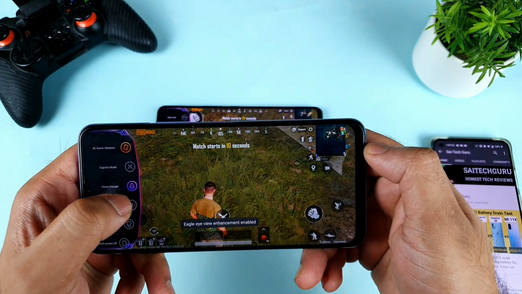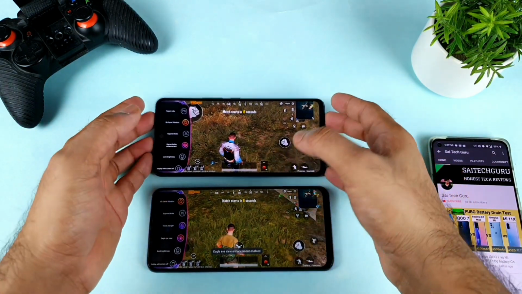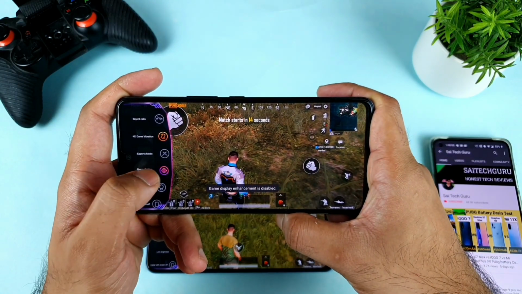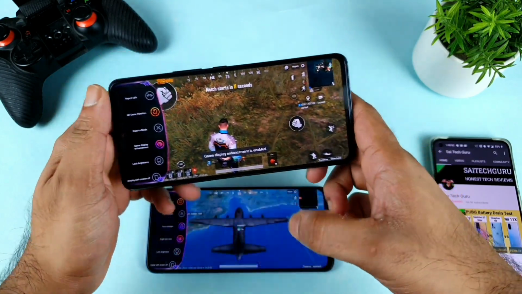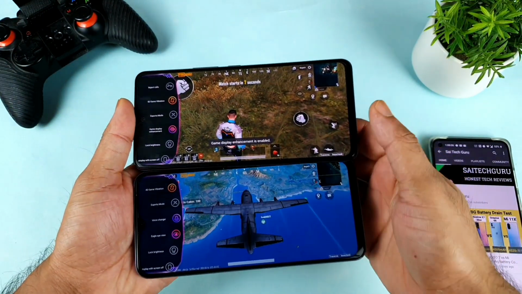As you can see friends, a lot of colors changed in the iQOO Z3 when compared with this iQOO 7 device. But the iQOO 7 device doesn't require this kind of enhancement because the display is bright enough to give you the real colors when compared with the iQOO Z3 device. That is what I felt during this testing.